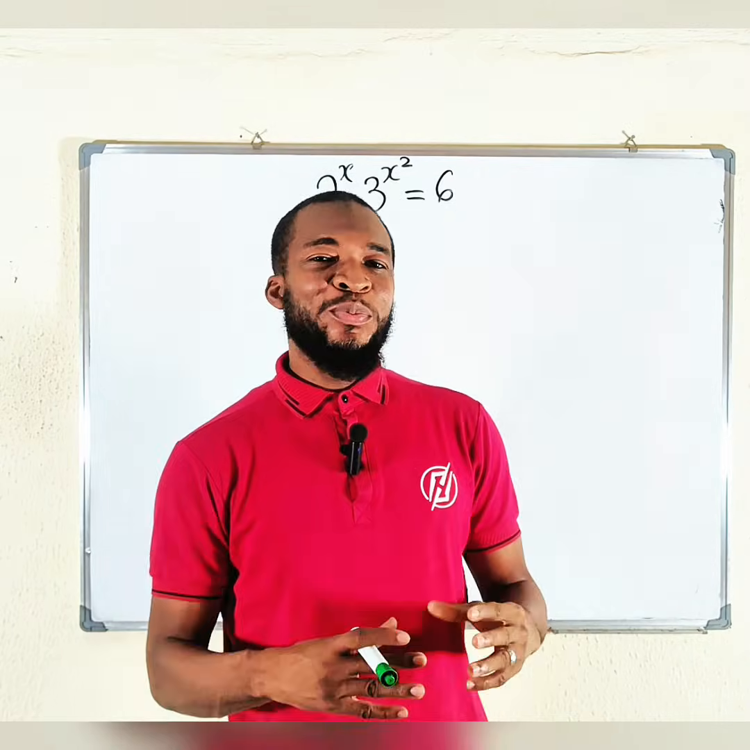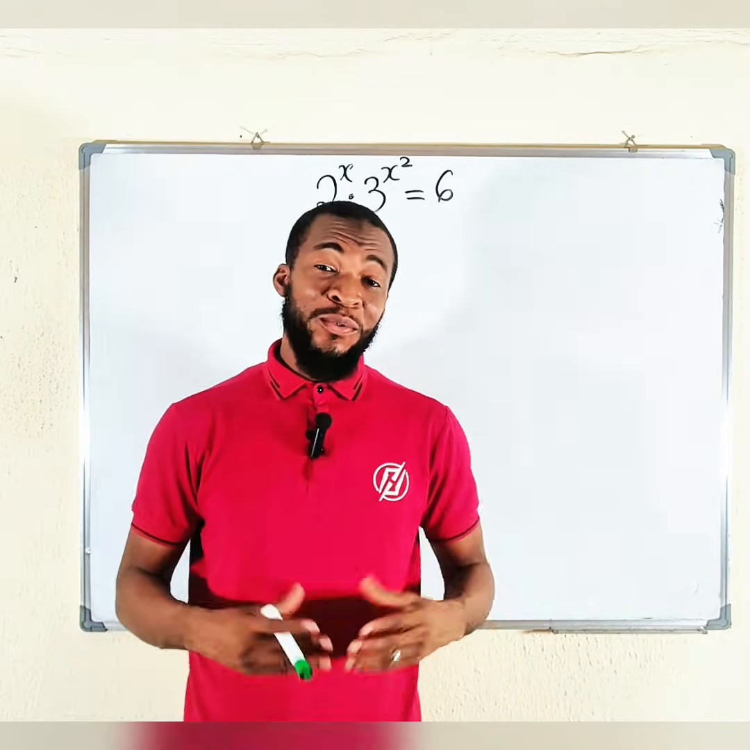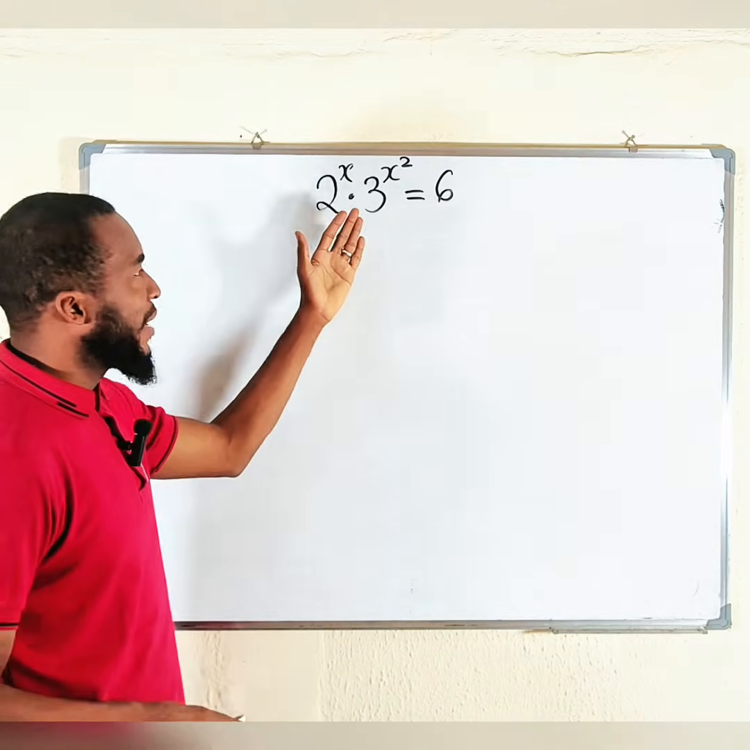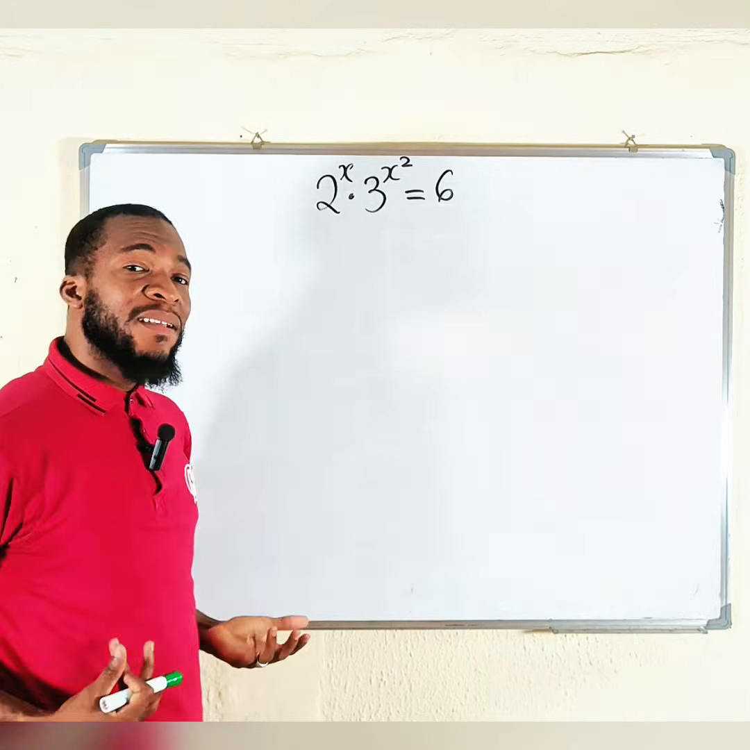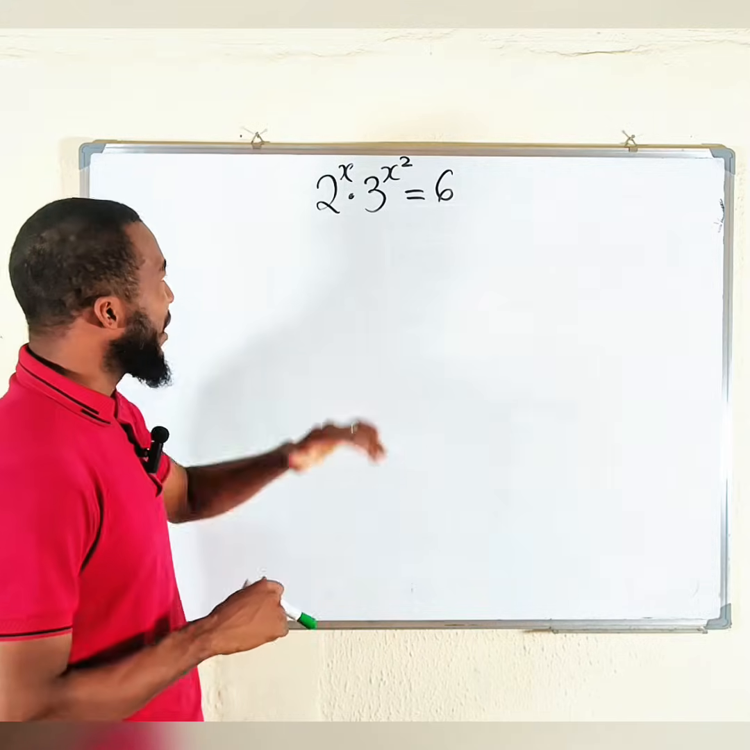Hello everyone, let us provide a solution to this interesting exponential equation which I posted on my Facebook page the day before yesterday: 2 to the power of x multiplied by 3 to the power of x squared equal to 6. By guess and check, you can clearly see that x equal to 1 is a solution, because if